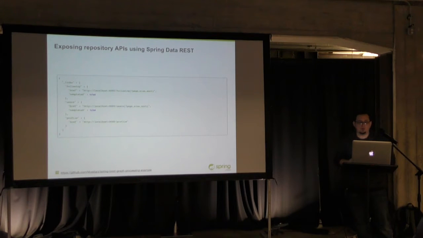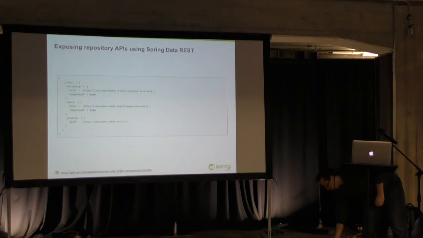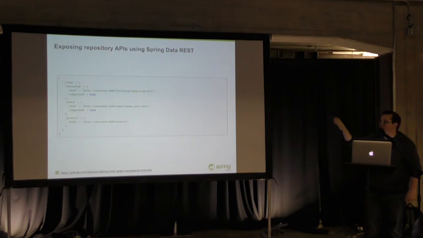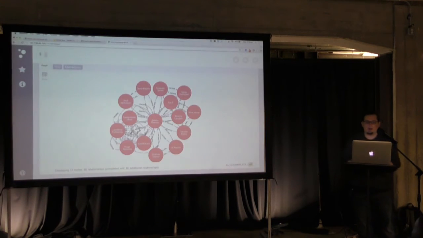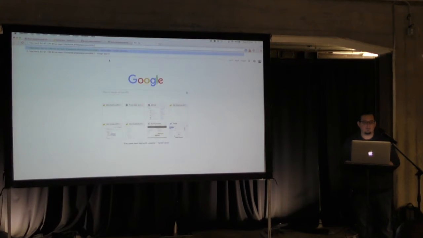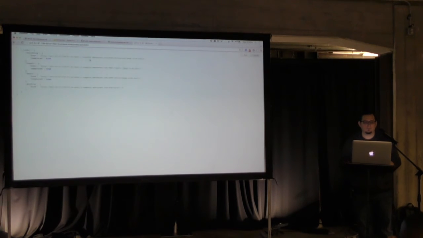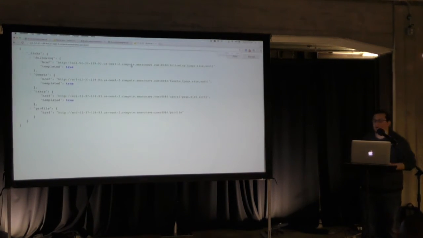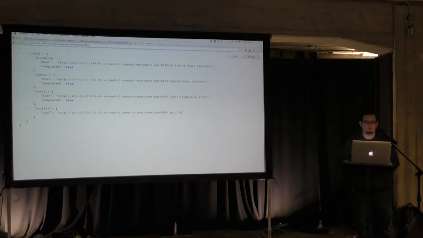Now when I call that endpoint, I'm going to get some hypermedia back, which shows each of these repositories and the link that we can use to contact it. So if I go back to the browser, here's the ranking dashboard, but I also have the Twitter crawler application. So here are my REST repositories. I have following, I have tweets, I have users. And if I go to /following,